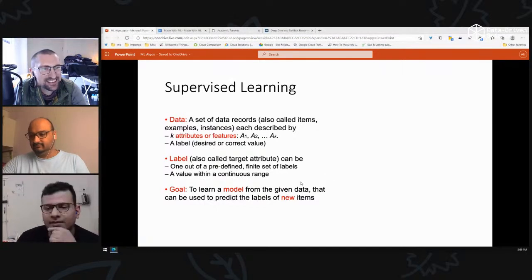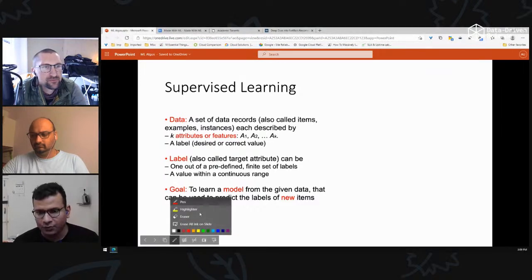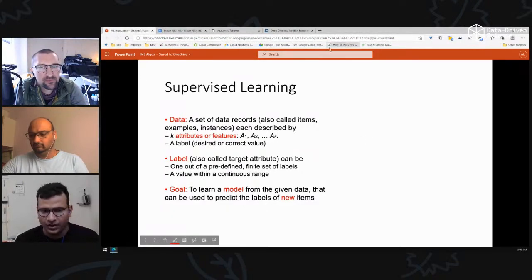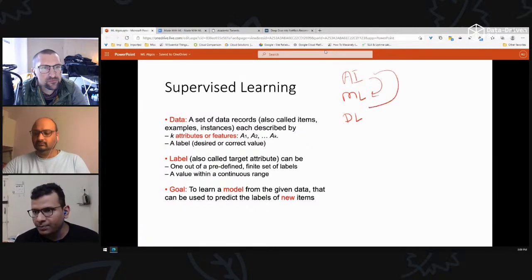So let's move forward and check a bit of the slides now. Okay, so first thing is supervised learning. Let's understand what is supervised learning and what is unsupervised learning. First, when we talk about artificial intelligence, I still find many people confuse between AI, machine learning, and deep learning. AI is nothing but a way of learning from data. We can either do it using machine learning or deep learning.